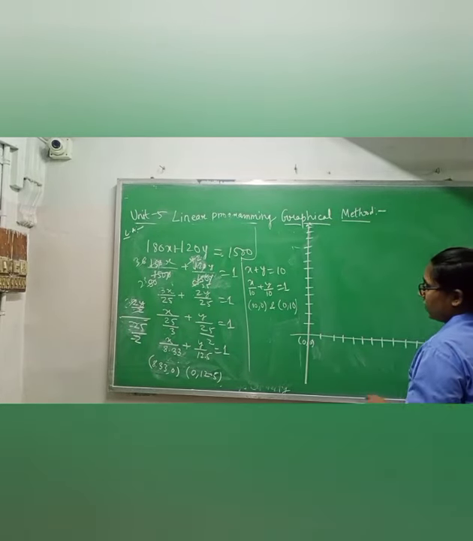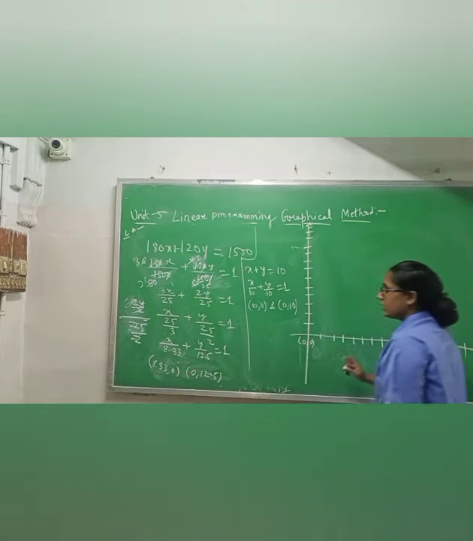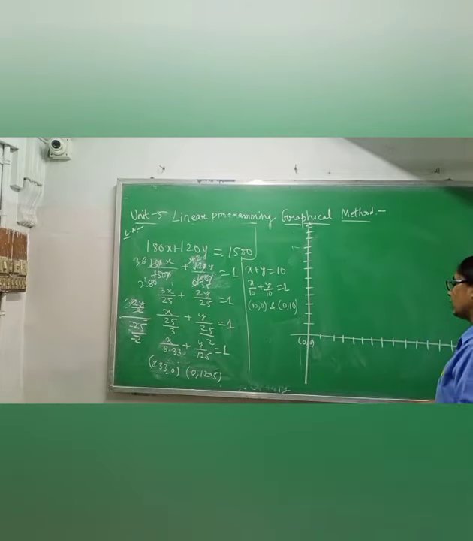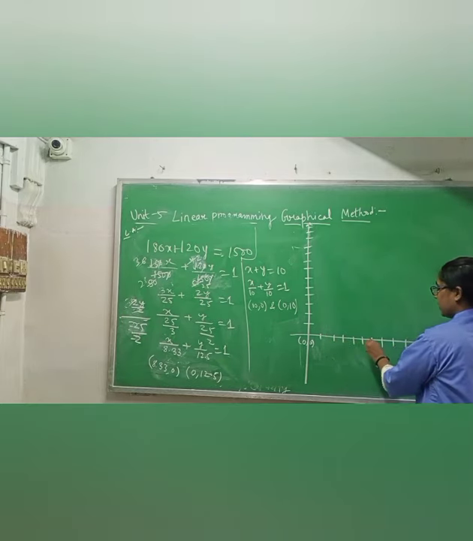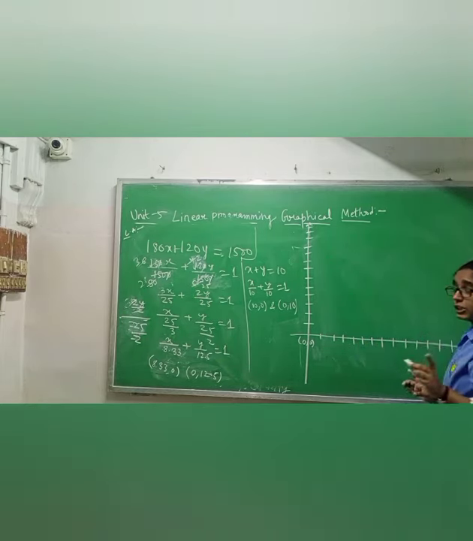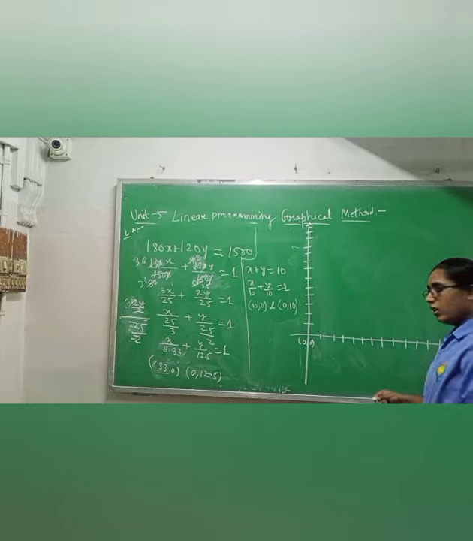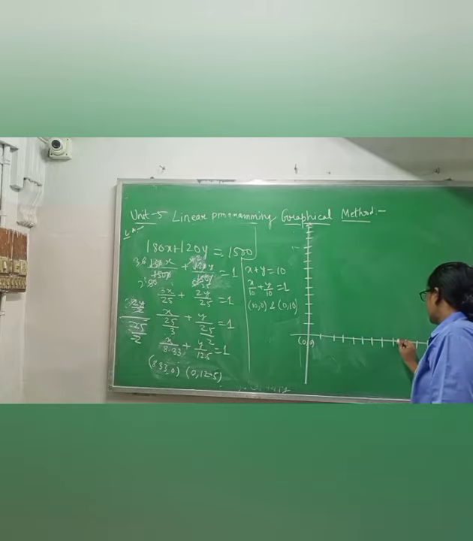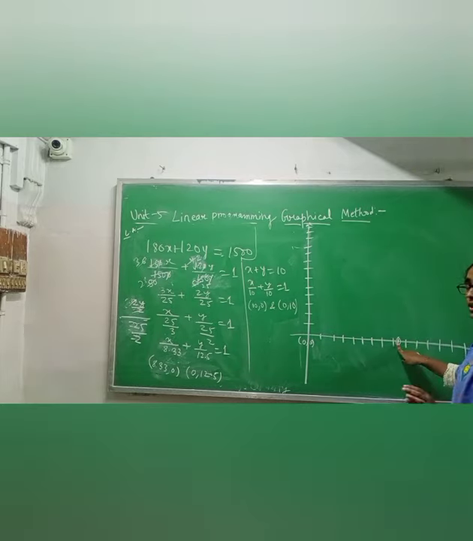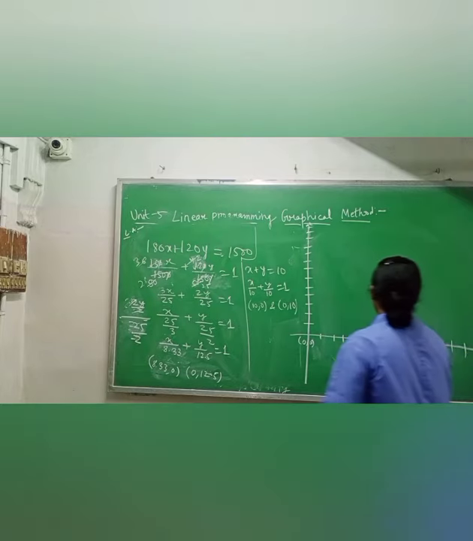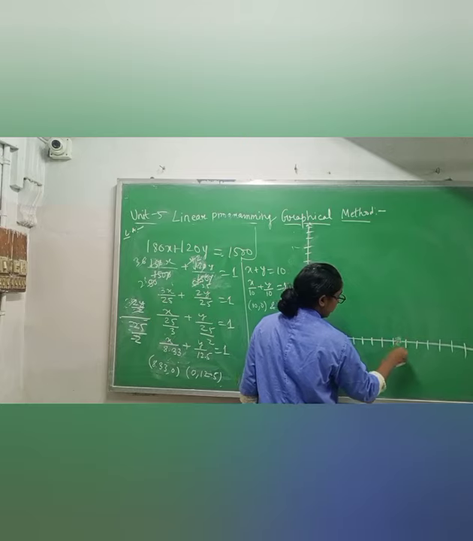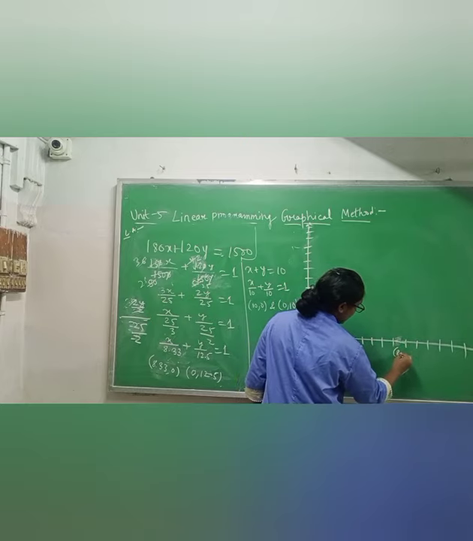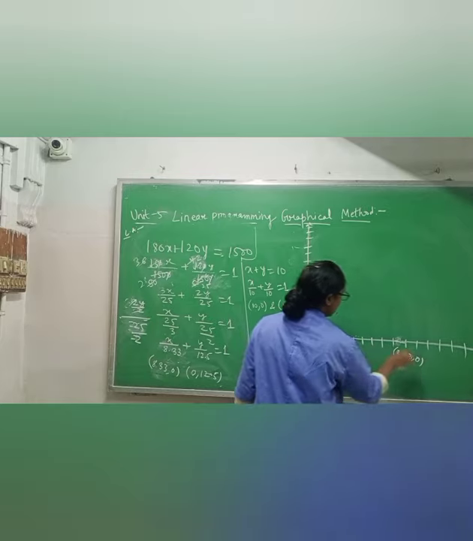Now class 12, see, we have to plot 8.33 comma 0, which means on the x axis you have to plot 8.33. How will you plot? 1 2 3 4 5 6 7 8. After 8 it is 8.33, which means 0.33 more. So just plot it here. You have to assume that 8.33 is present here because we don't have graph paper. In the exam also they will not provide you graph paper, so you have to assume that here you have 8.33.